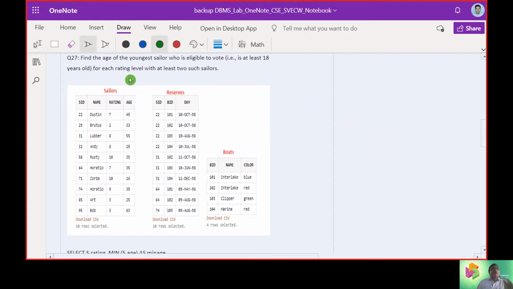Okay, find the age of the youngest sailor who is eligible to vote, that is at least 18 years, and for each rating level with at least 2 sailors. So the condition was we need the ages to be greater than 18. That means we don't need Zorba here, so we are deleting Zorba's record. Fine. Now, for each rating level with at least 2 such sailors, we need to find the age of the youngest sailor